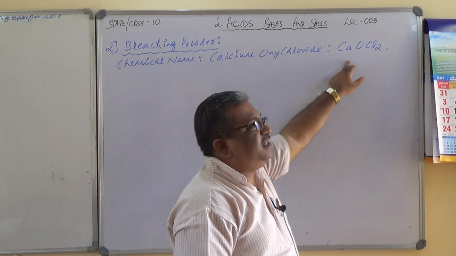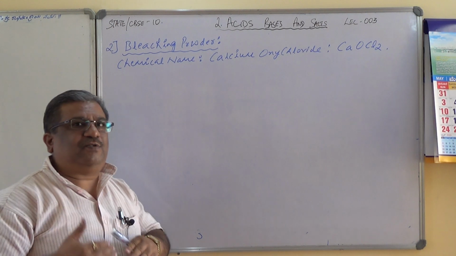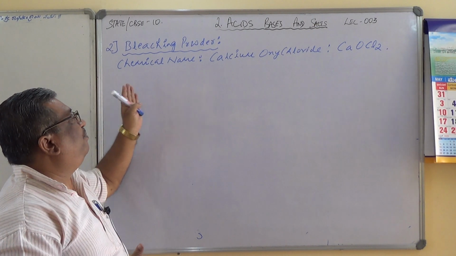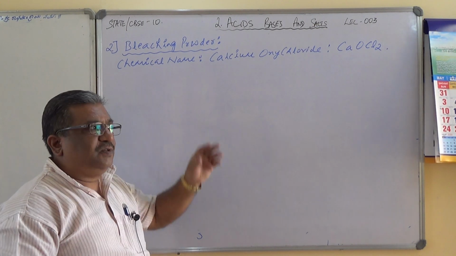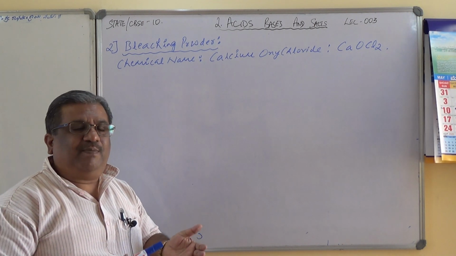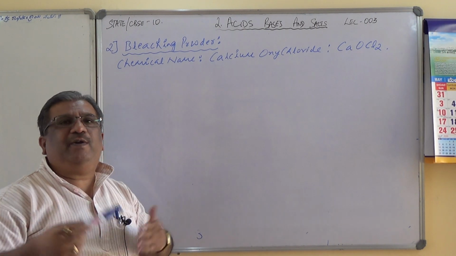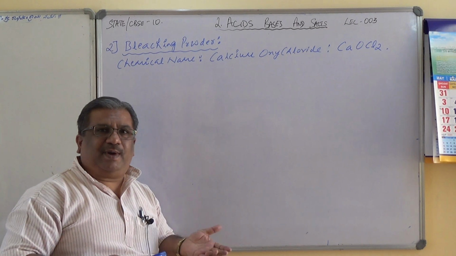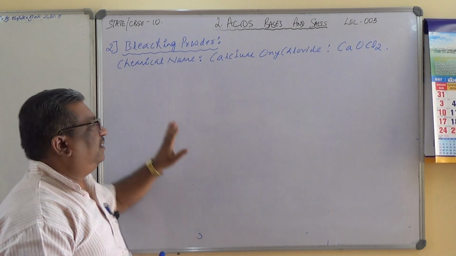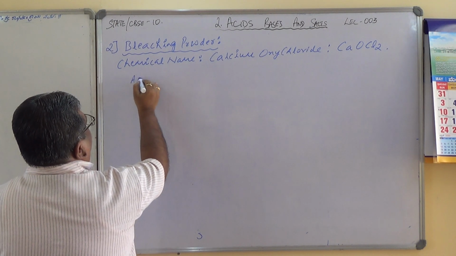Chemical formula is CaOCl2. How do you obtain it? In the beginning of the salts we studied, common salt is used in the manufacturing of bleaching powder also. So here it is not a direct usage of common salt NaCl, but the product of chlor-alkali process, that is chlorine gas we are using. How did you obtain chlorine gas? Chlorine gas was obtained by chlor-alkali process, in which sodium chloride was used, and therefore here the bleaching powder is produced by action of